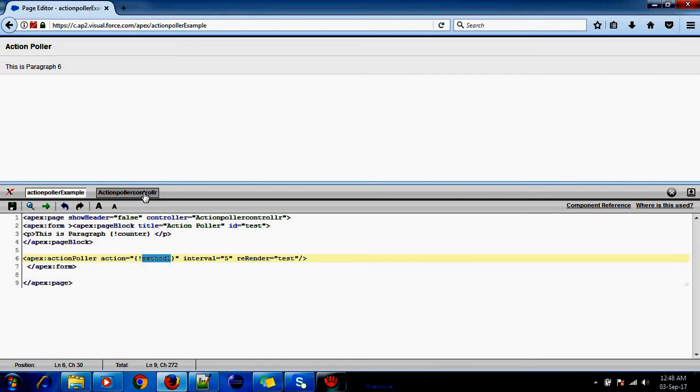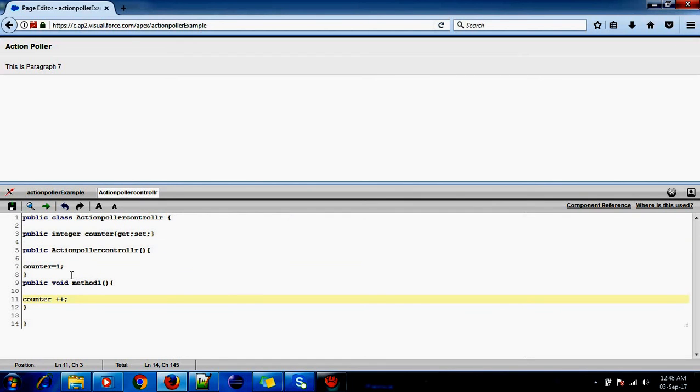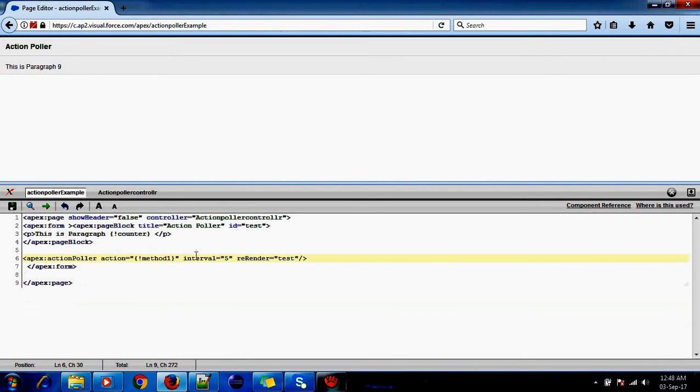Now it will go and call method 1, which does counter plus plus, so the value 1 will become 2. Every interval of 5 it will go and update it. How will it update? It is re-rendering test, and this page block contains the ID test. Now it is 2.